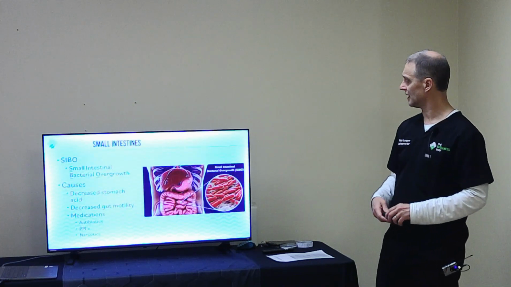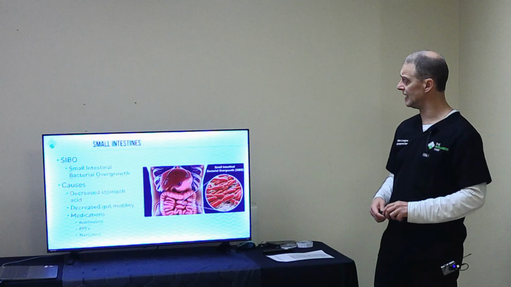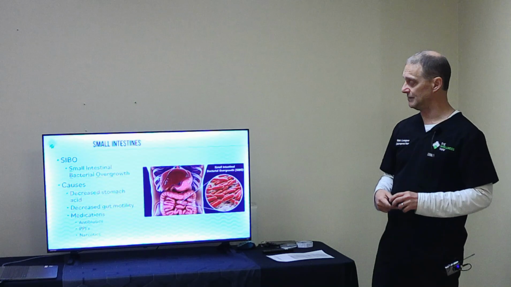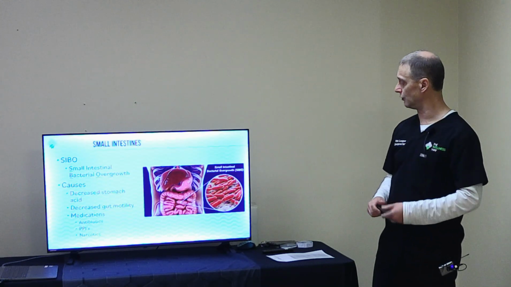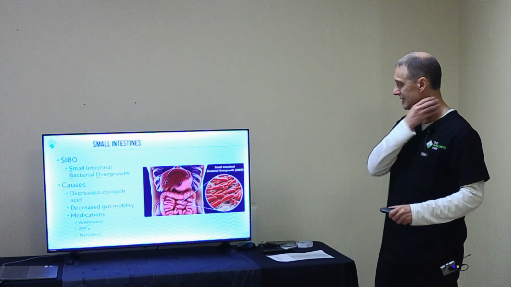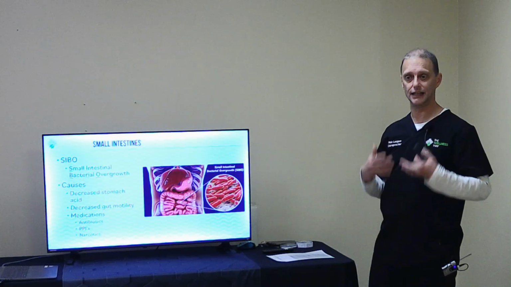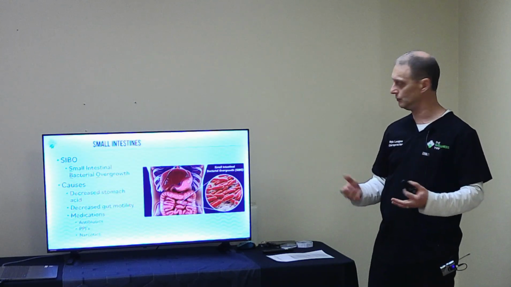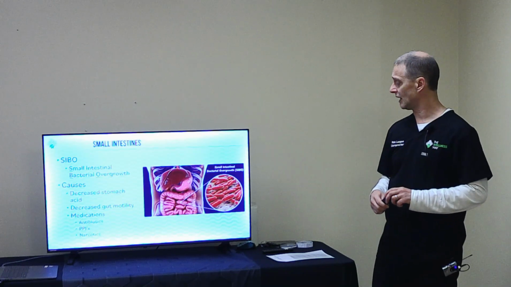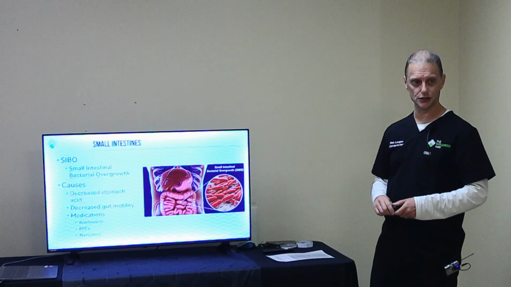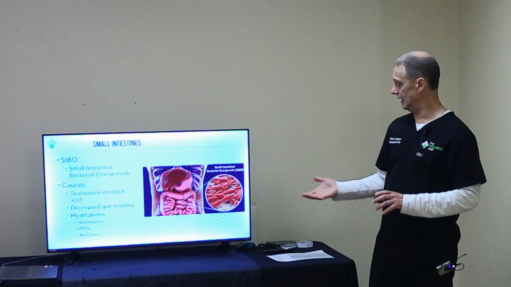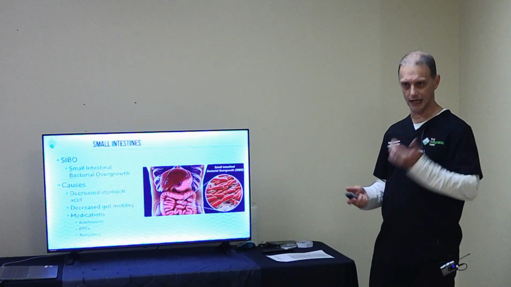So for the small intestines, the most common bacterial overgrowth is called SIBO. It's a small intestine bacterial overgrowth. Again, decreased stomach acid, decreased gut motility, meaning that the stuff stays there for a long time. It doesn't move through. Medications that can affect that are antibiotics, PPIs, or proton pump inhibitors, those are stomach acid reducing medications, and different narcotics slow down the